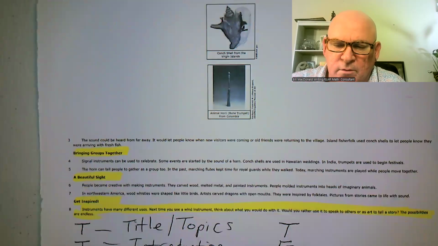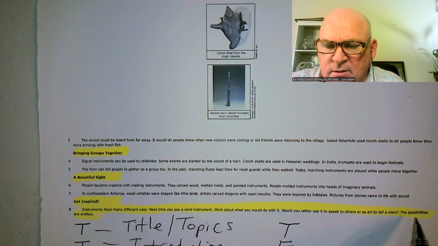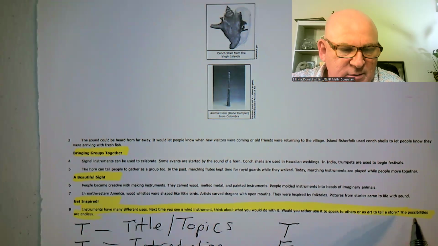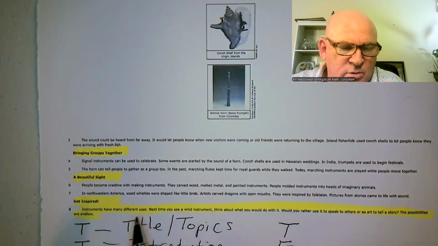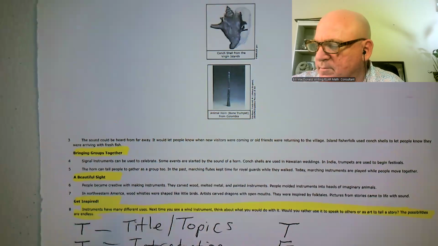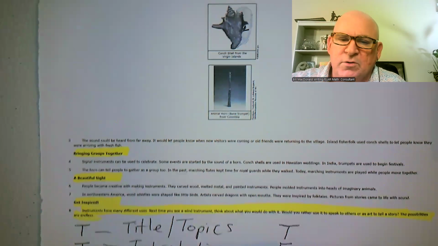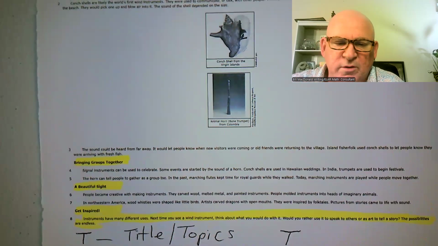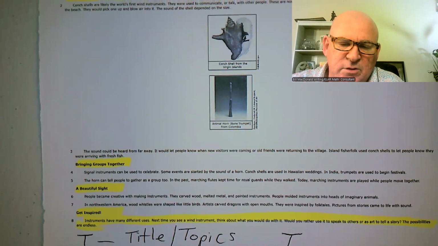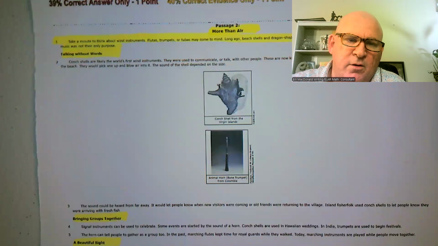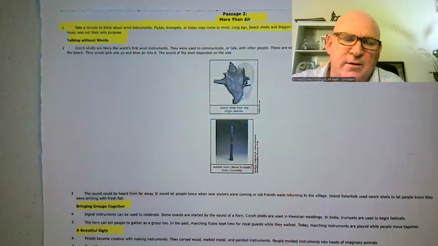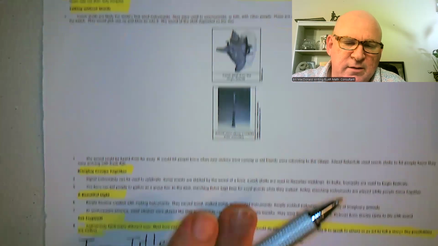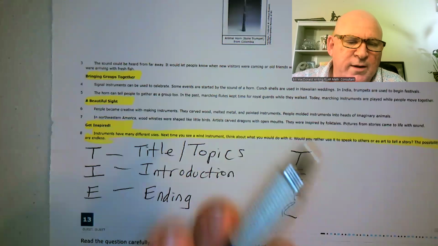So the possibilities are endless. That last sentence, once again, says there are lots of great things that you can use instruments for. Okay, so in order to have two complete thoughts, your students would then decide which evidence they could use to specifically talk about why the author wrote the article. The question said, why did the author